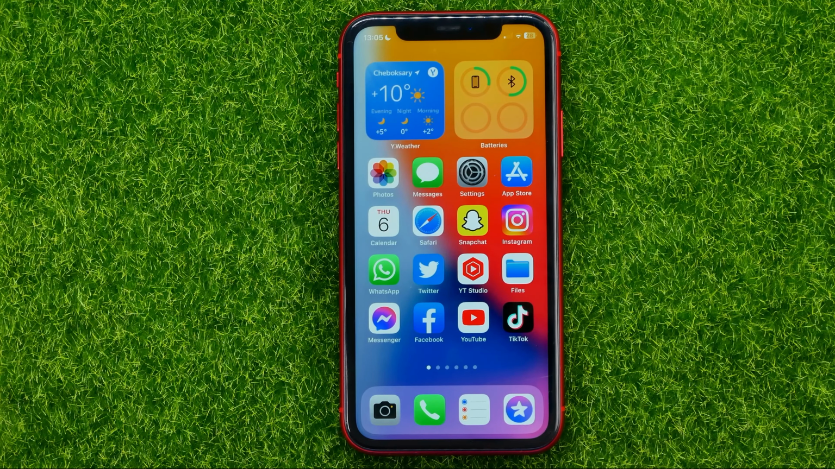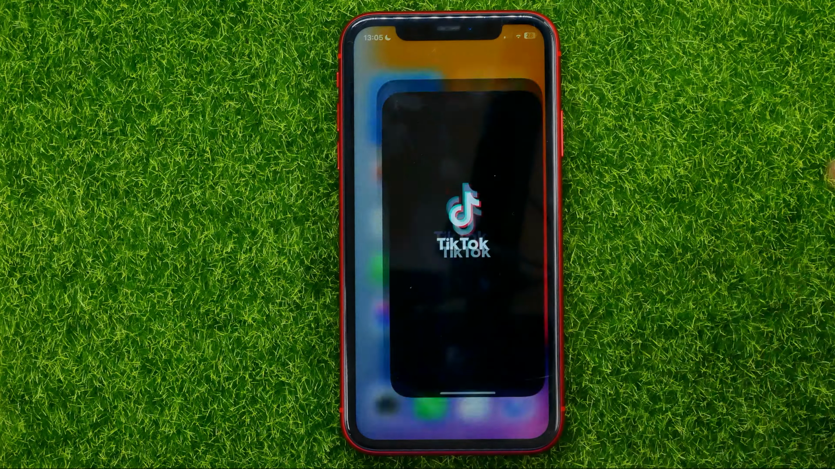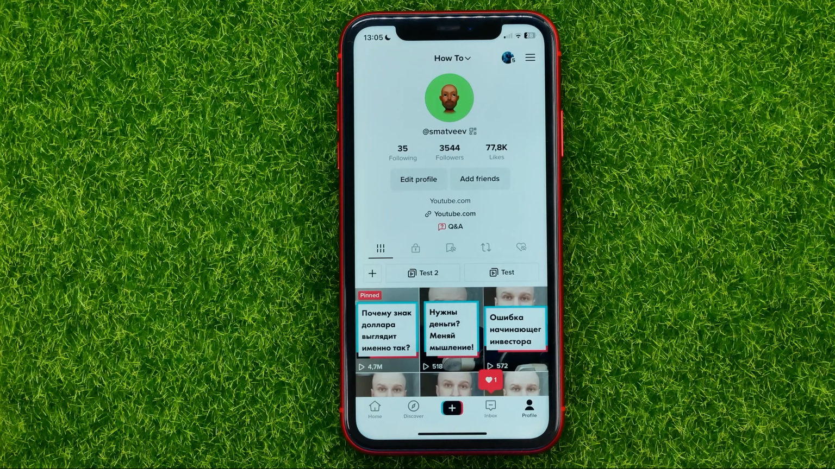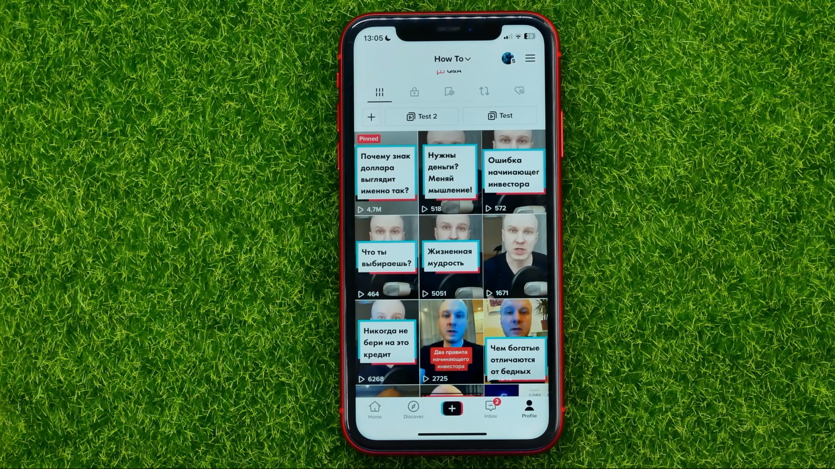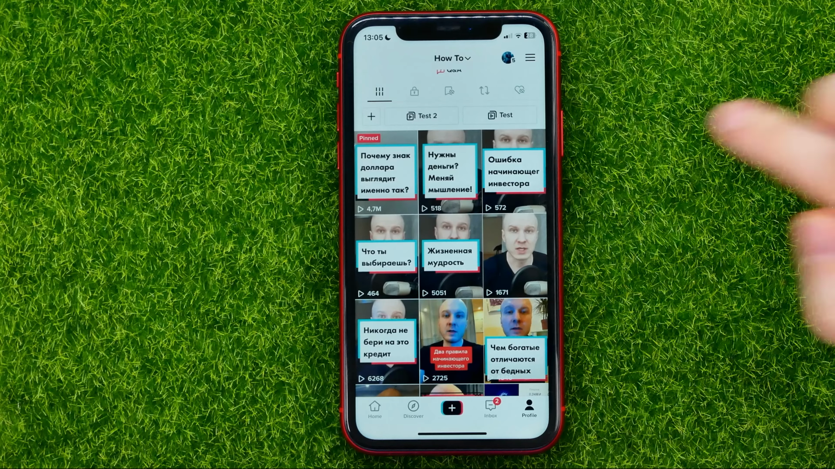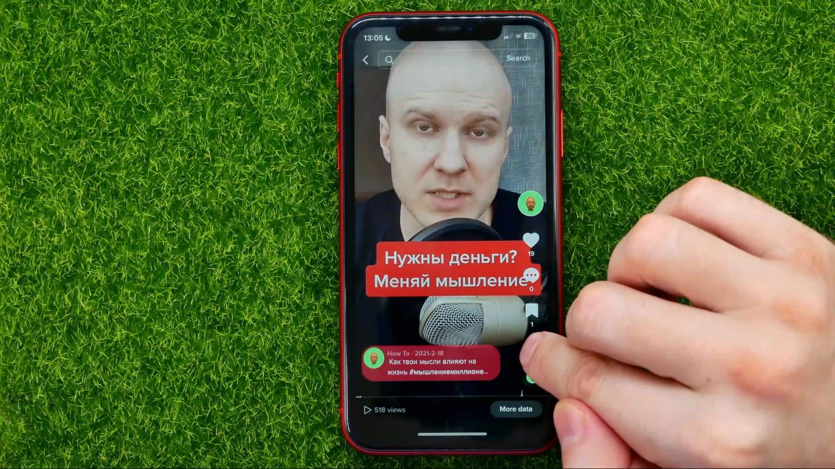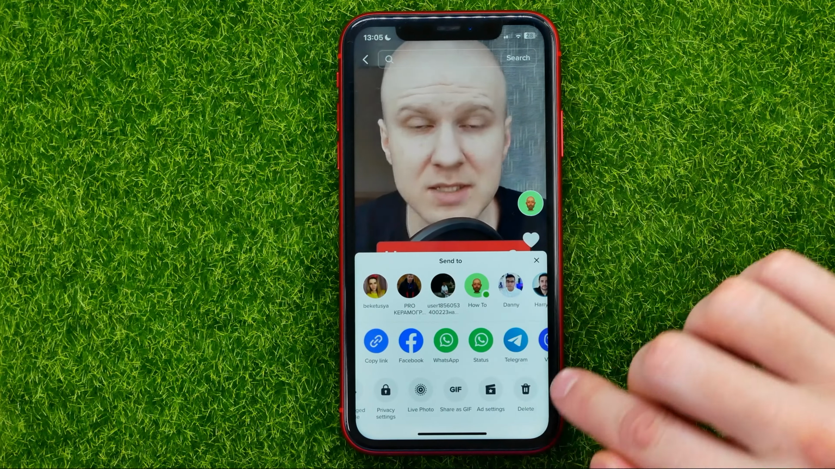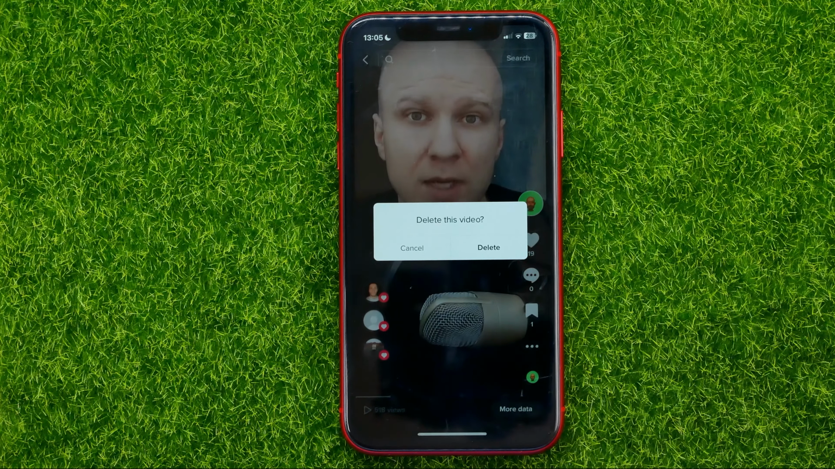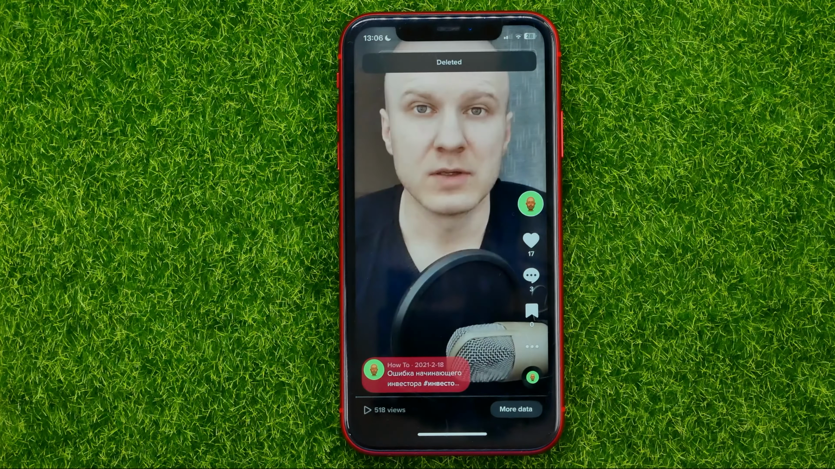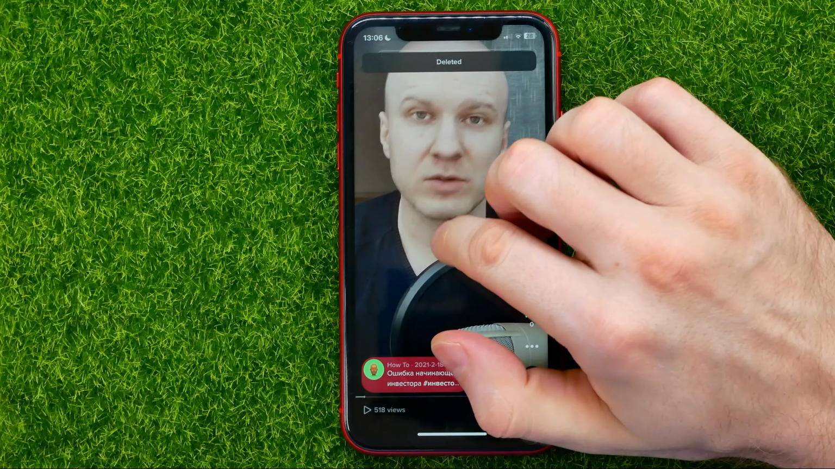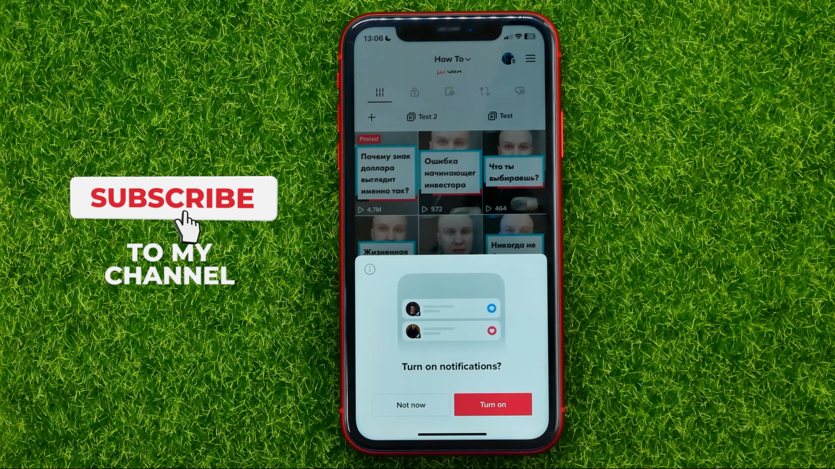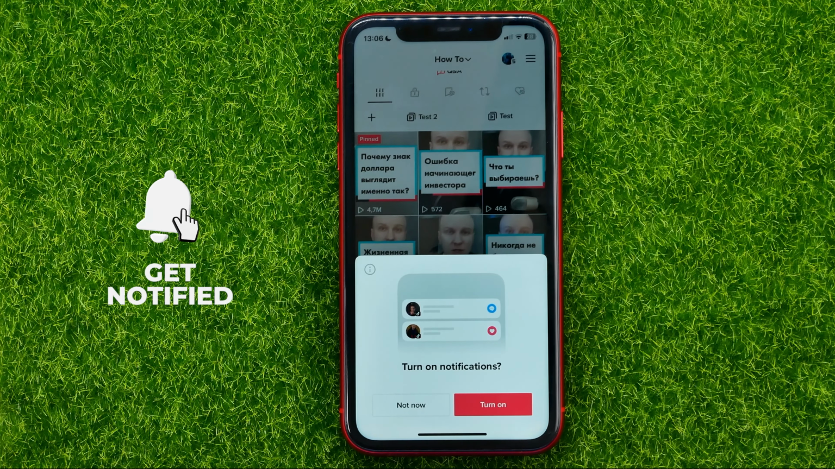So let's begin, and first off, open up the TikTok app. Then go to your profile, and now you can scroll down until you find the post that you want to delete. Then just tap on that post, hit the 3 dots, and then drag it until you find delete. Hit that trash icon, then hit delete, and in that way you can delete all your TikTok posts one by one. Just keep doing these steps because that's the only way you can delete your posts on